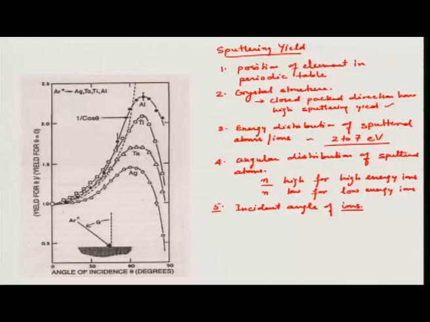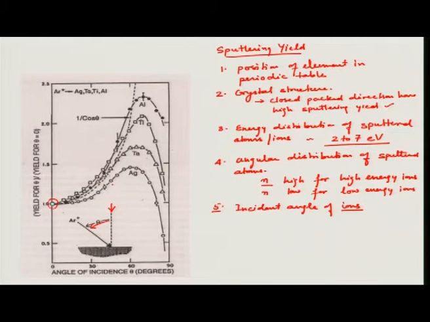This is very important because you can see in this graph how the yield varies with the angle theta. This is the yield for theta, and theta equal to 0 means you are coming straight at the surface or the target. If you are coming straight and your sputtering yield is 1, then if you increase the angle up to around 45 to 60 degrees, your sputtering yield increases. Then it starts to decrease when you are coming at a very acute angle towards the surface.